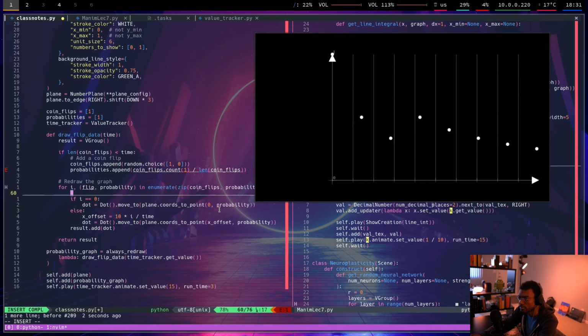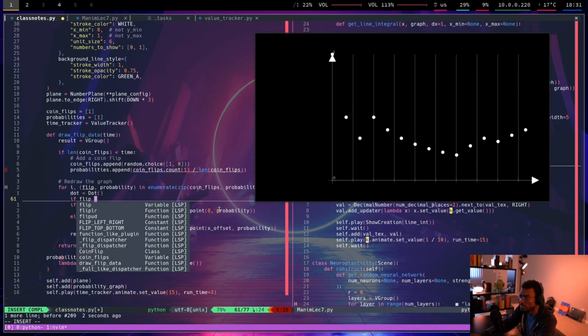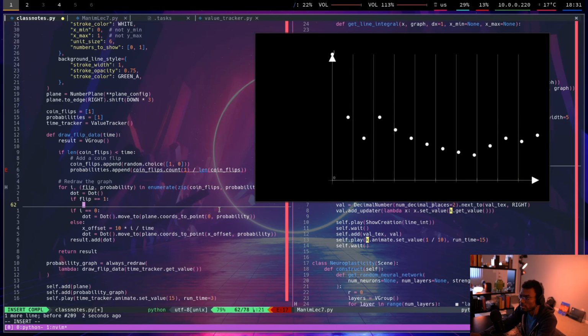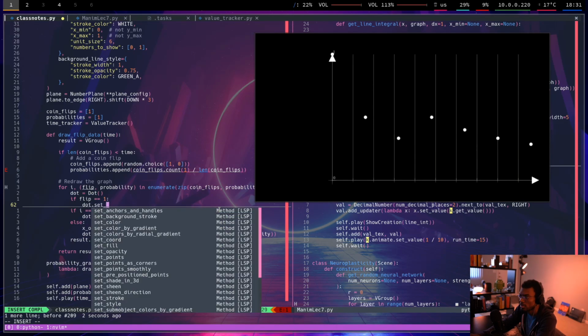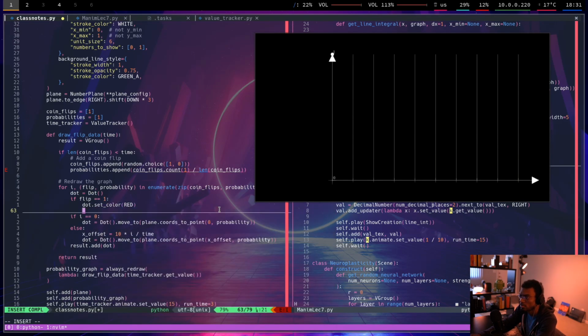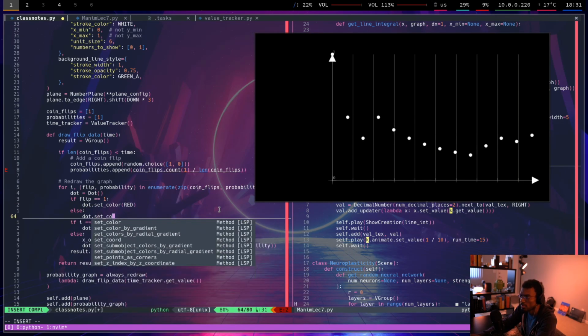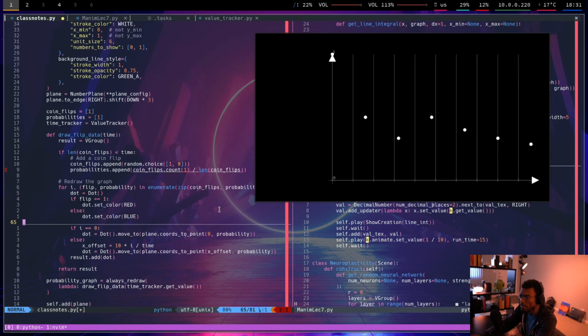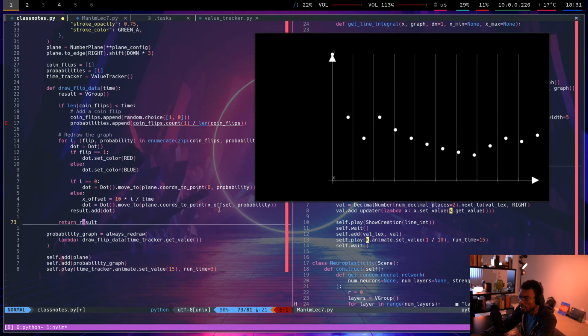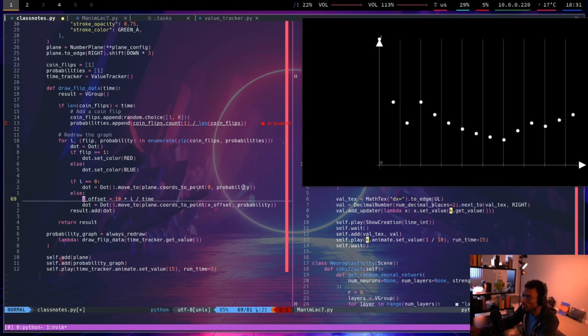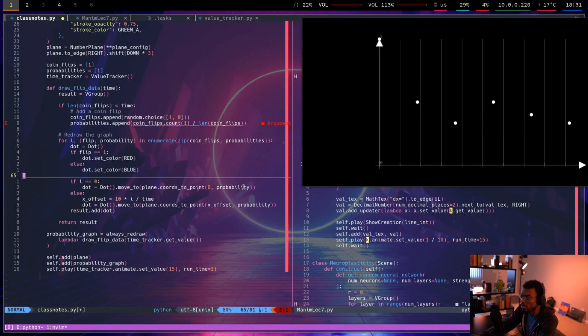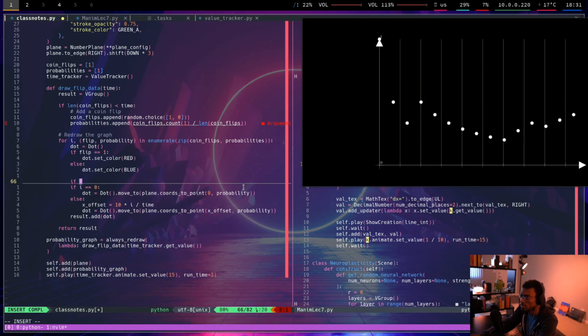Okay, here's what I'm gonna do. Dot equals dot. If flip is 1, then dot set color red. Else dot set color blue. That's gonna set the color. Then I have to set the position. So it's gonna be first the x offset. If i equals